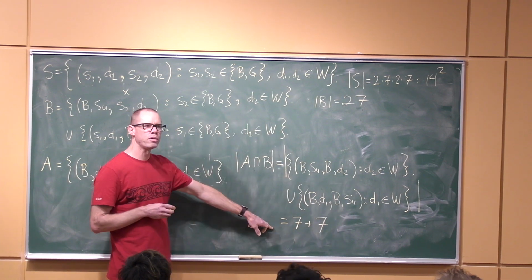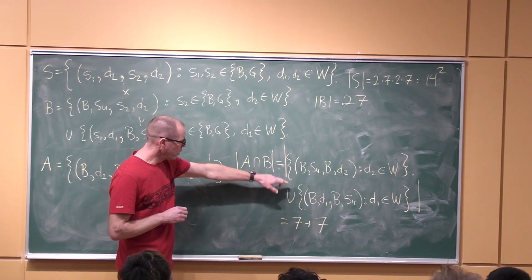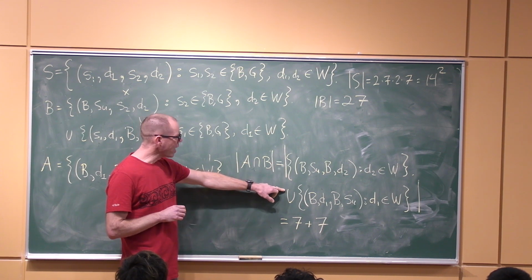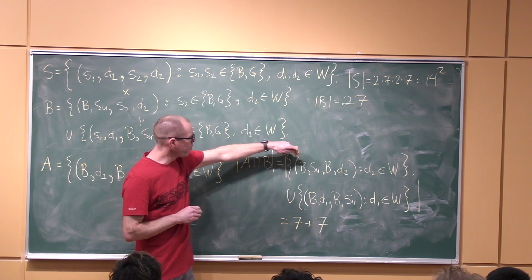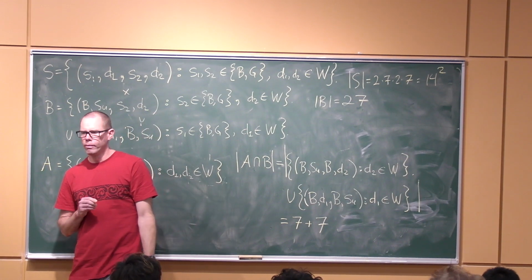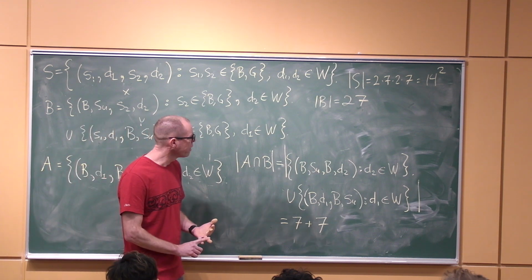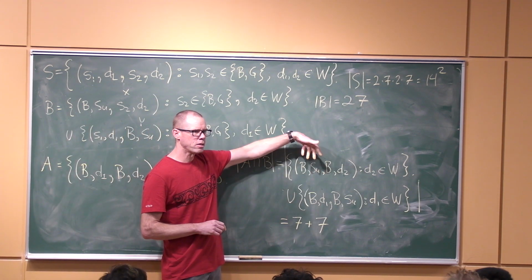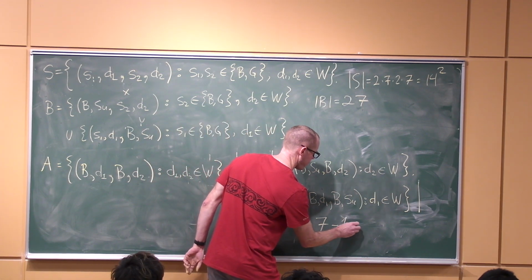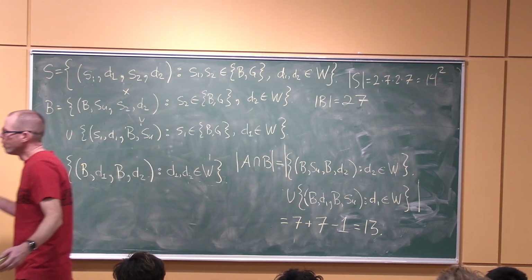So is this answer 7 plus 7? Nope, because the size of the union of 2 sets is not just the sum of their sizes, but you have to also figure out their intersection. Now, is there anything that appears in this set that also appears in this set? That same annoying case of those 2 annoying boys who were both born on Sunday, that's the only thing that can show up in both of these sets. So I have to subtract 1. Now we're done.